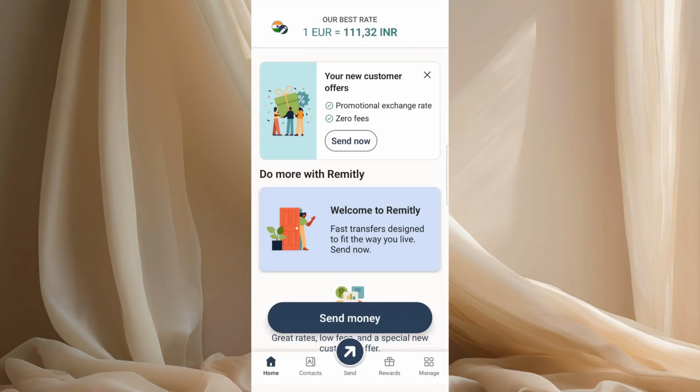In today's video, I'm going to teach you how to delete Remitly transfer history. First, open your Remitly account and make sure you're signed in. Once you're inside the app or on the website, you can go to your account and look for your transaction activity or transfer history section. This is the area where Remitly keeps a record of the transfers you've made, including both completed and past transactions.